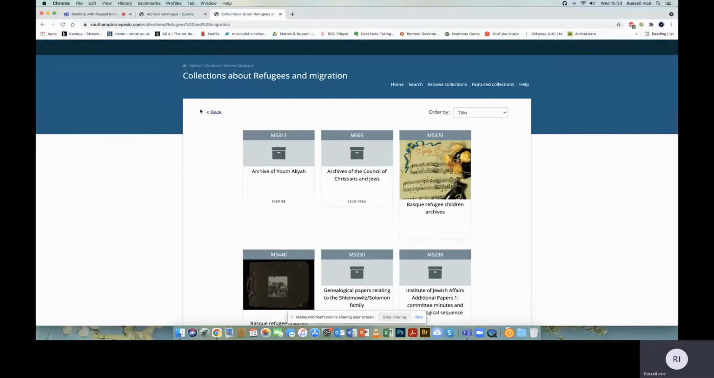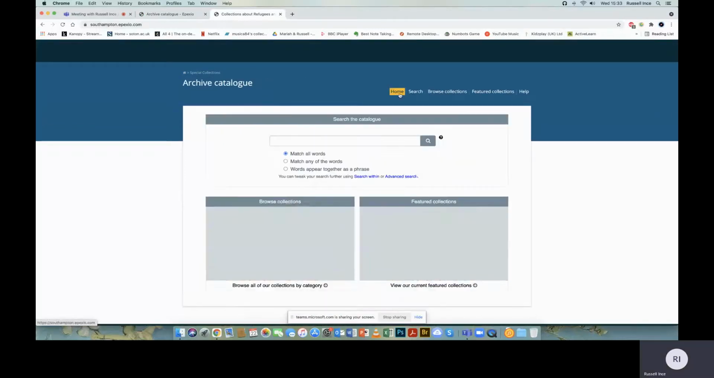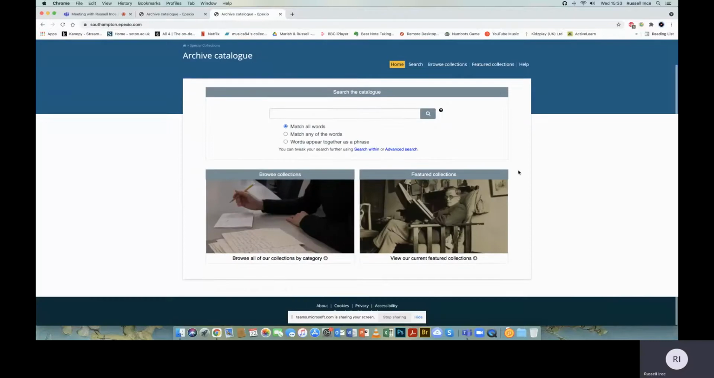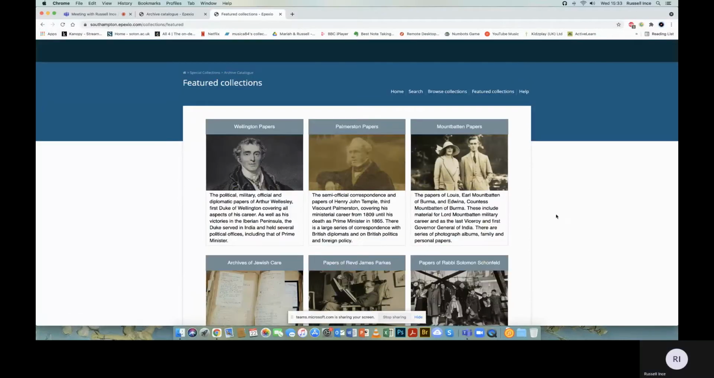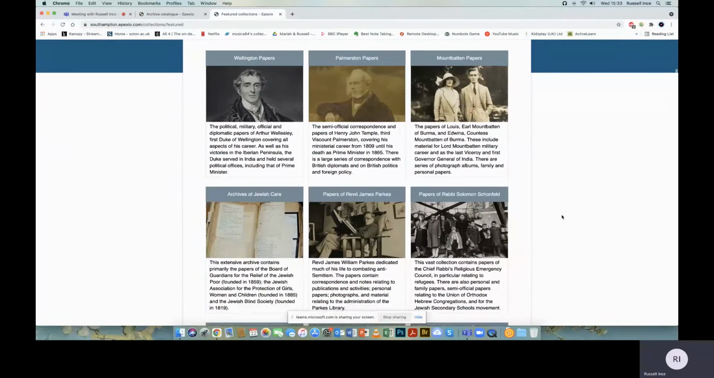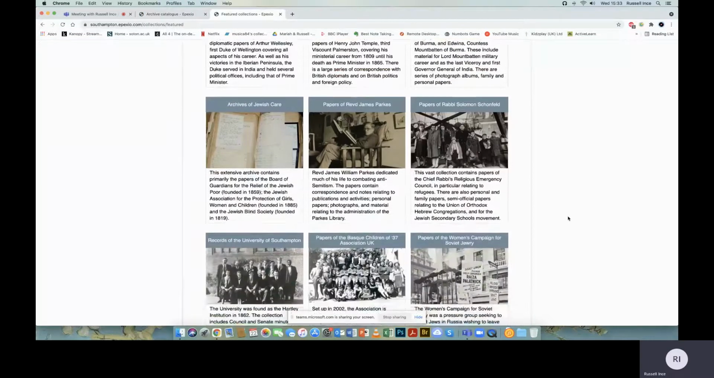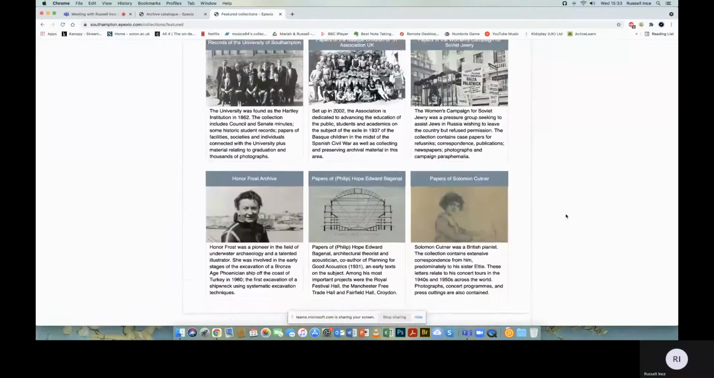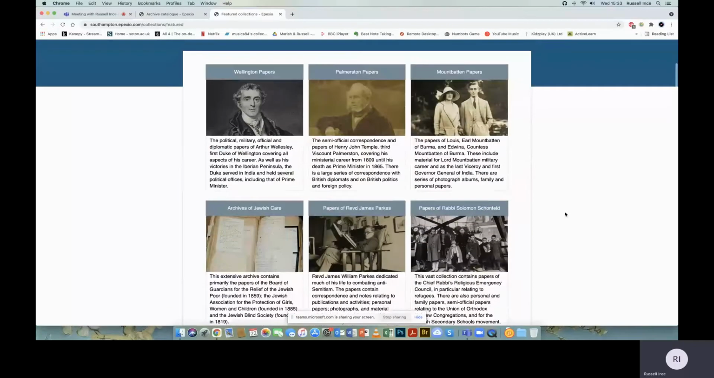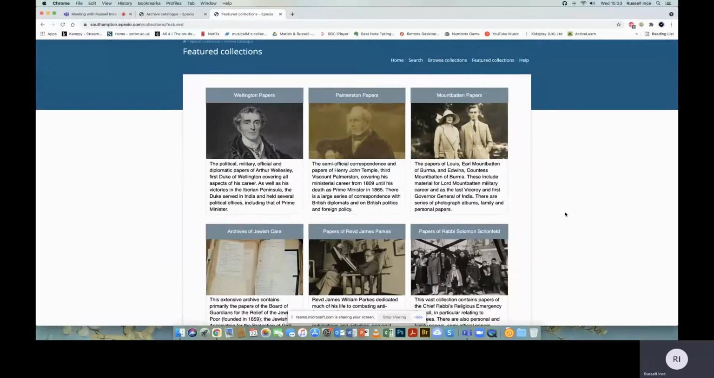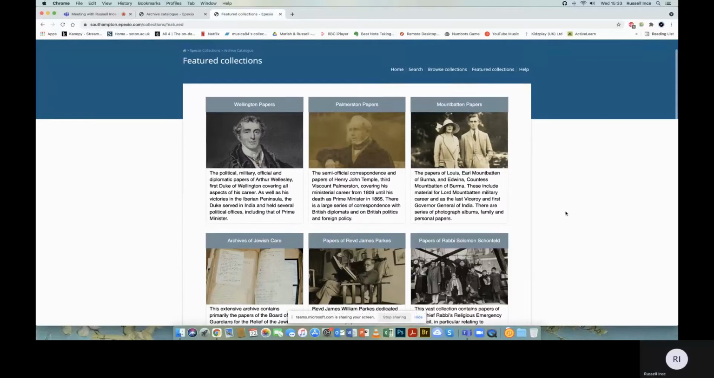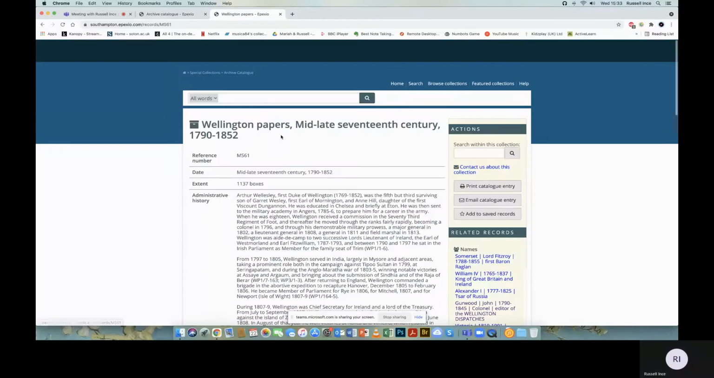So if I go back to the home page, on the right-hand side, we also have featured collections. At any given time, we'll have between 9 and 12 collections featured here. This is essentially a place where we can showcase either some of our better-known collections or new acquisitions and lesser-known collections too. So if I click on the Wellington Papers, which is certainly one of our larger and better-known collections,